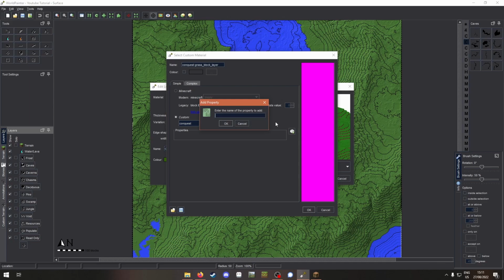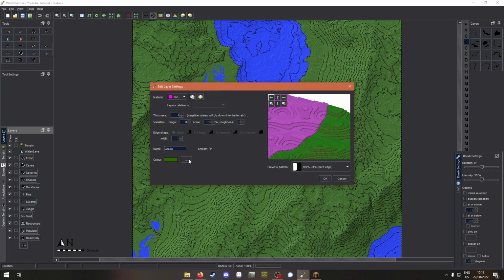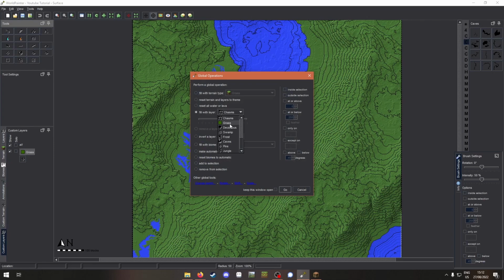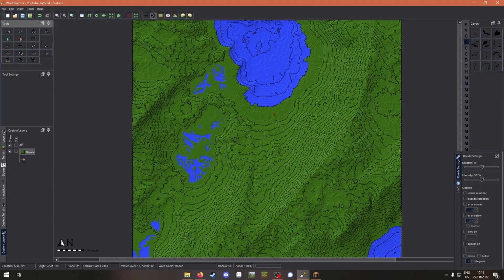This will give it a custom property which you want to call layers. It's very important that you don't type any capital letters because this will actually break it. When it exports, it will come out as if it's carpets only, and you don't want that. Always make sure that you spelled it right and that it's all lowercase. Then click OK and type 8. Then click OK, check everything's alright. Okay, now let's fill with layer grass only on land,